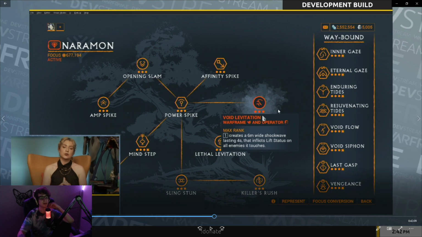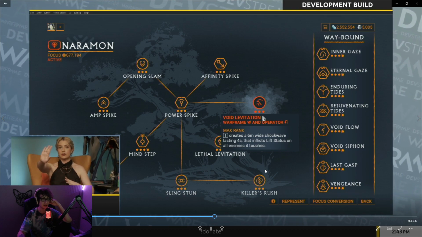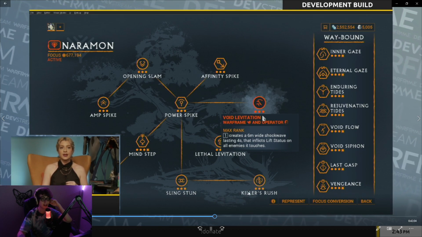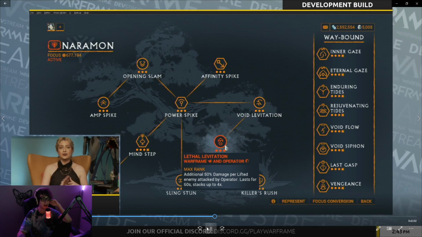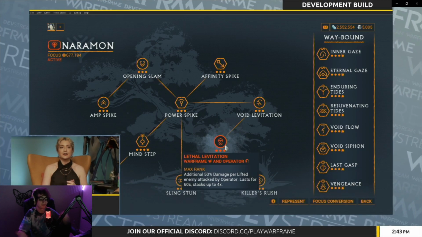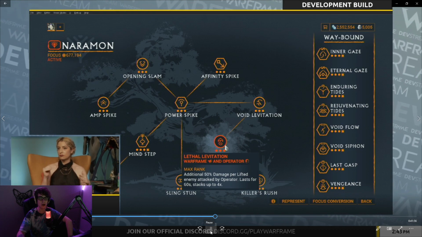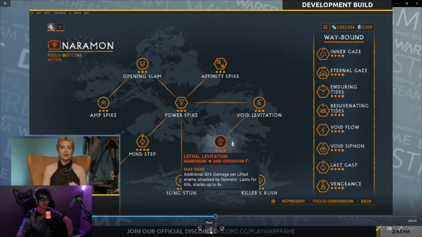Now, here's the first ability. One creates a 6-meter wide shockwave lasting 4 seconds that inflicts lift status on all enemies it touches. Okay, no, 4 seconds CC is actually pretty cool. Not mad at that. Additionally, 50% damage per lifted enemy attacked by operator, lasts for 60 seconds, stacks up to 4x. Right, makes sense. I'm thinking I'm gonna have to get more AoE operator amp because I just have 177,